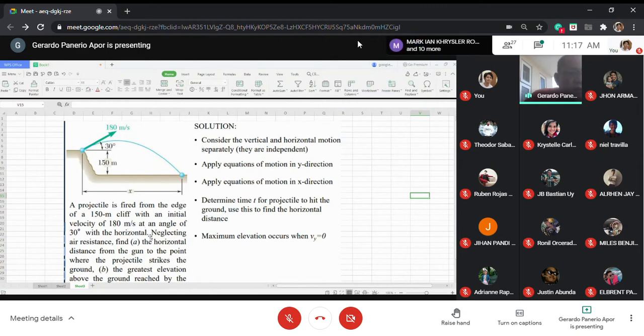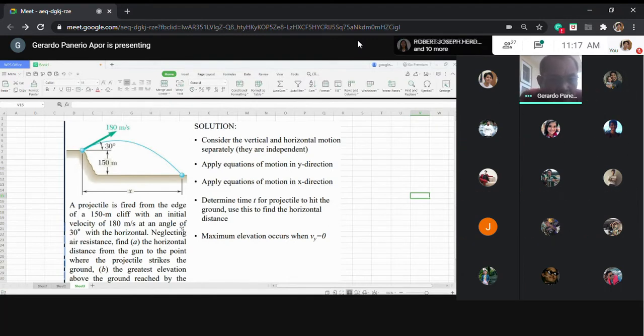Neglecting air resistance, find A, the horizontal distance from the gun to the point where the projectile strikes the ground, meaning the horizontal distance X in the figure. And B, the greatest elevation above the ground reached by the projectile. So there are two parts: y max above the ground